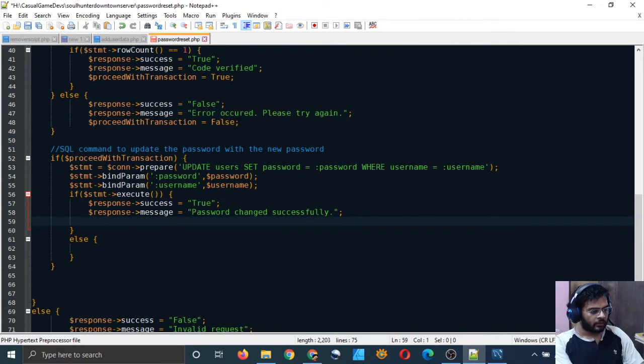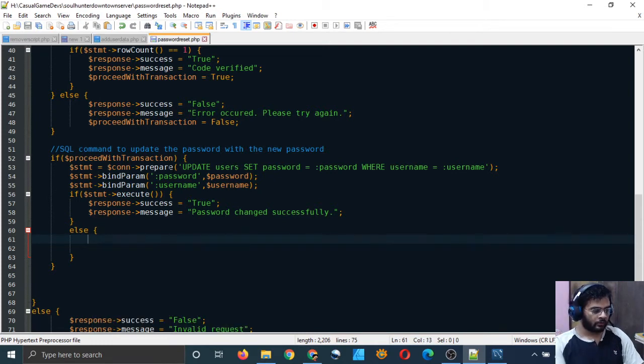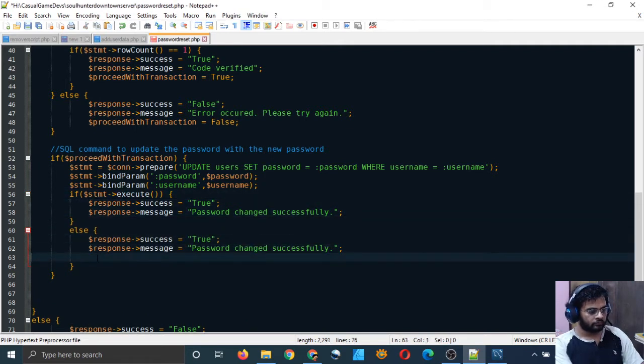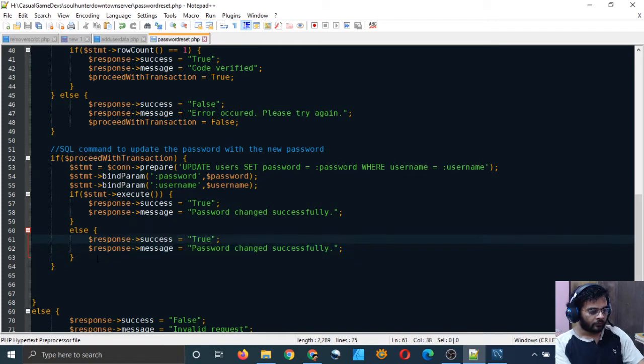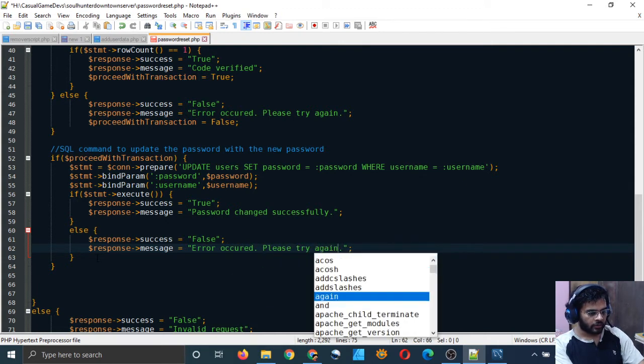And if it did not execute, we will just say response success is equal to false. I will just copy this. Success is equal to false, and just type: error occurred, please try again.